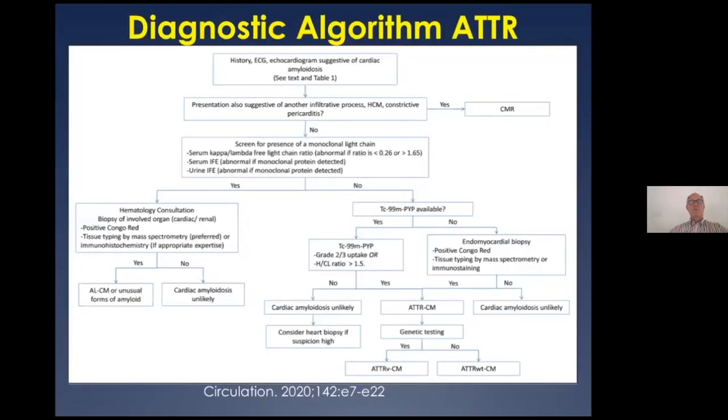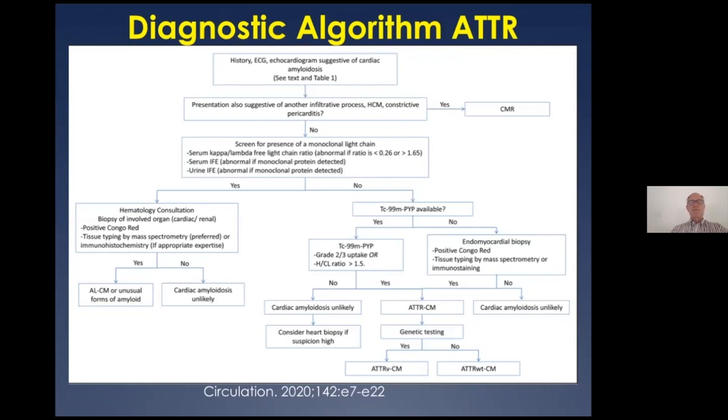This is probably the most important slide I'm going to show you today. And this really gives a nice algorithm for evaluating for the presence of ATTR. First off, if you have this history, EKG and echo findings suggestive of cardiac amyloid, what's the next step? Well, if it's suggestive of another infiltrative process such as hypertrophic cardiomyopathy or constrictive pericarditis, cardiac MRI may be the way to go. But if it's not suggestive of these syndromes, what you want to do is simply do a blood test for serum kappa lambda free light chain ratio,